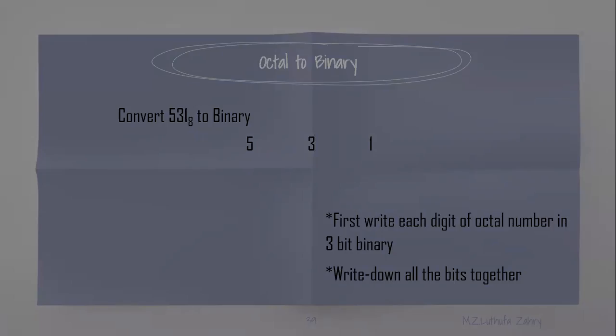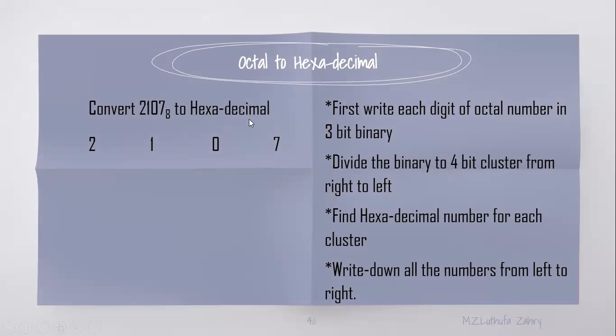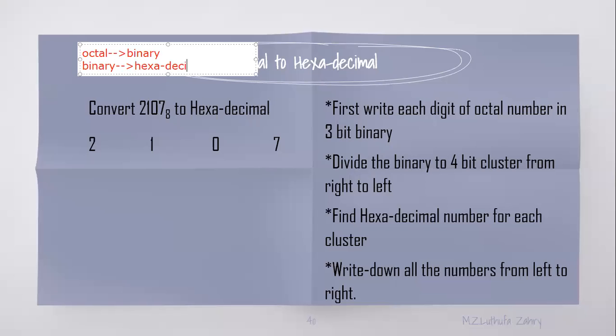Okay, so octal to binary is like that. This is the part where you will feel you have a bit more steps. That one was a direct step, but this is going to have 2 steps, but easy steps only. Octal to hexadecimal means first you have to convert the octal to binary and then binary to hexadecimal. You have to convert it like this. First, you are doing the octal to binary conversion and then that binary to hexadecimal.